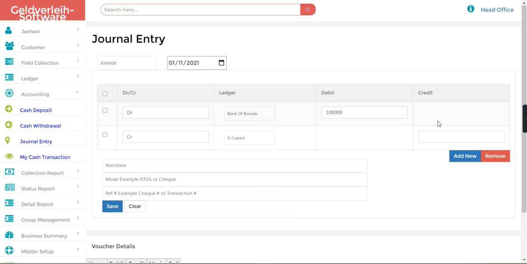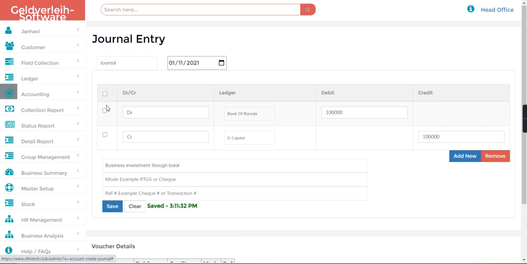So the capital investment through the bank. I will write the 1 lakh, and the narration I will write down, business investment through bank. So just save this.